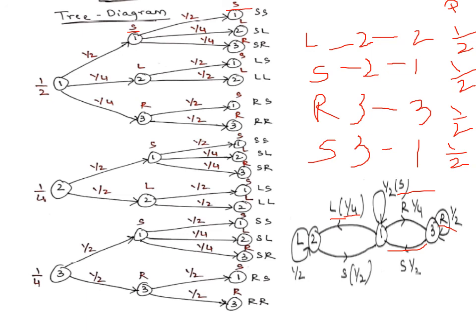So you'll have S into S, S into L, S into R. Similarly L into S, L into L, R into S, R into R, S into S, S into L, S into R. Similarly L into S, L into L. Similarly for the other section. So this is how we draw the tree diagram based on the state model. Thank you.